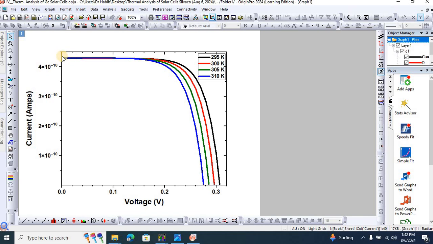There is a really slight, minute, insignificant increase in the short circuit current. However, there is a significant decrease in the open circuit voltage of the germanium solar cells with increase in temperature. If you want to look at the values,